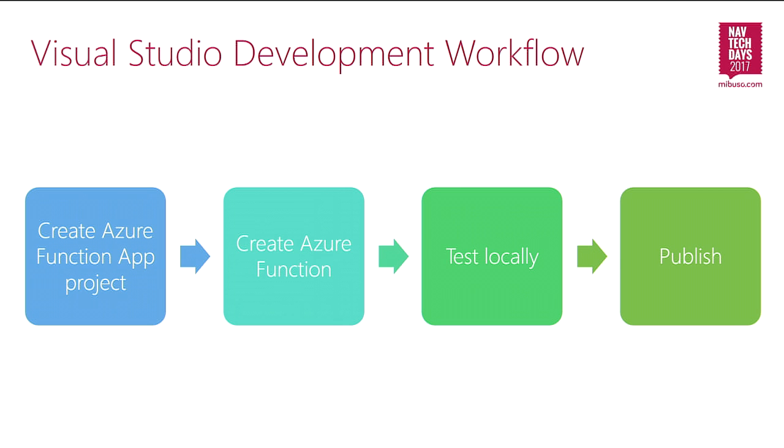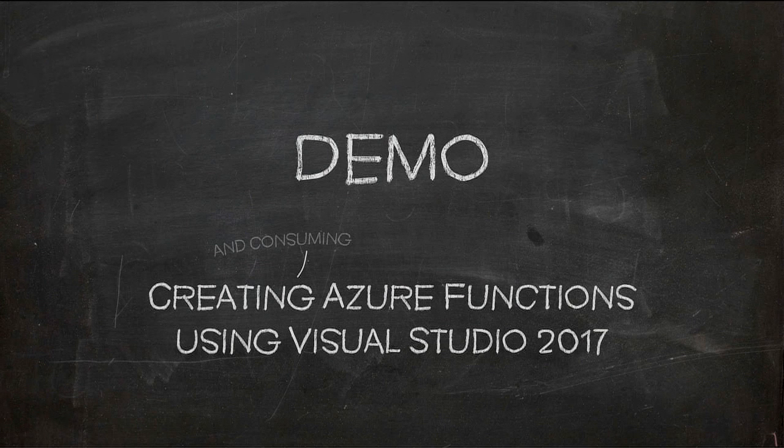Then, when you do that, you typically test locally before you deploy. You can simulate the Azure environment on your machine, and then you can easily connect to that. You can see if everything works. And then when you're ready, you publish that to some application that is available in Azure. So let's take a look at how we develop Azure Functions using Visual Studio,